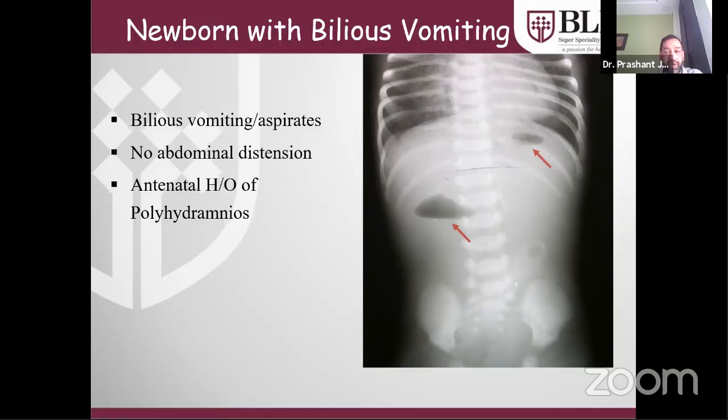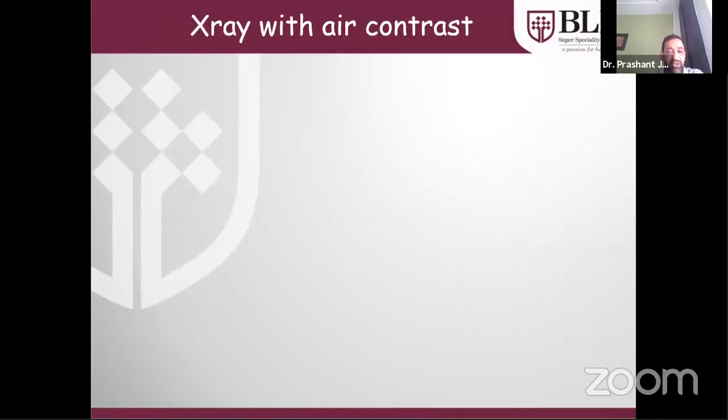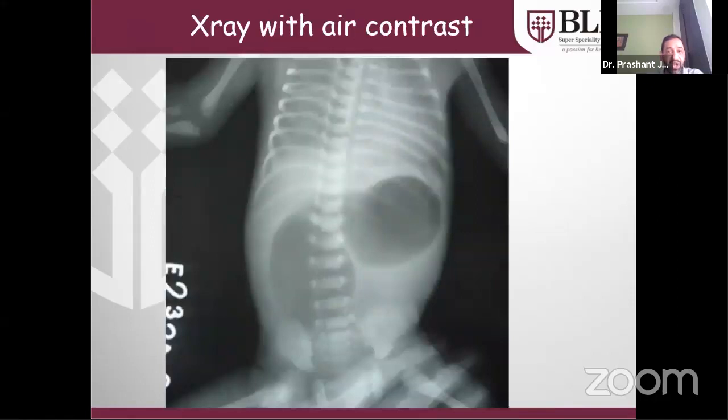Although not a lot of distension is seen because the X-ray was done soon after the delivery, just for confirmation, we can always repeat the X-ray by putting some amount of air. After 10 to 15 ml of air was injected, we can now very clearly make out the classical double bubble sign, which is because of the distension of the stomach, and the second bubble is because of the distension of the duodenum, and then distally there's absolutely no gas.